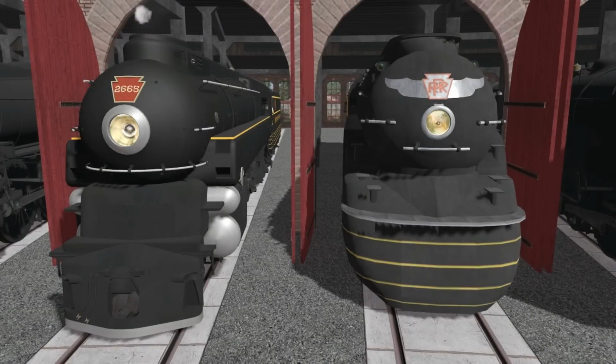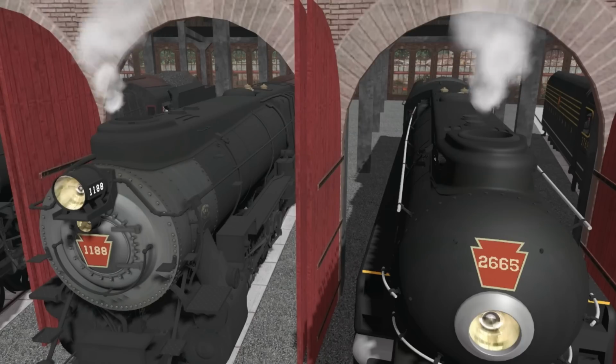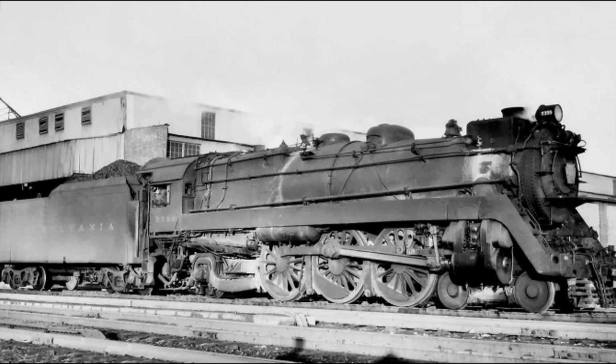The K4 was also the poster child of many company-based tests on new technologies for steam, including streamlining, of course, in the form of the Pennsylvania Railroad torpedo, and other designs from industrial designer Raymond Loewy, not to mention the semi-streamlined skyline casing on K4 1188, counter-cross-balance disc drivers, smoke deflectors, also known as elephant ears, trailing truck boosters, poppet